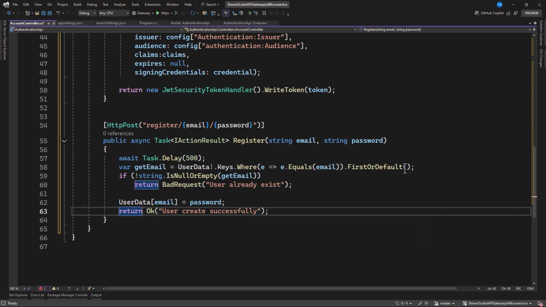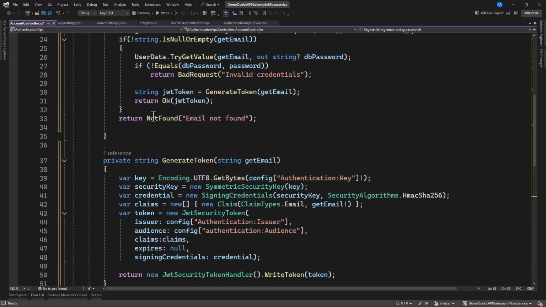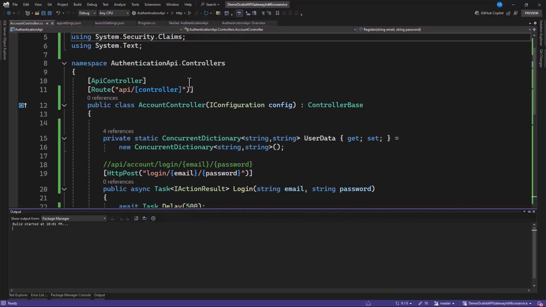Okay, so that's what we have. This is going to be our login and our register endpoint. Our login is going to return the token as soon as we are done. Great. So let's try only this, the endpoint, and let's check this out. This should run on HTTP. That is 7003. Let's wait and see.